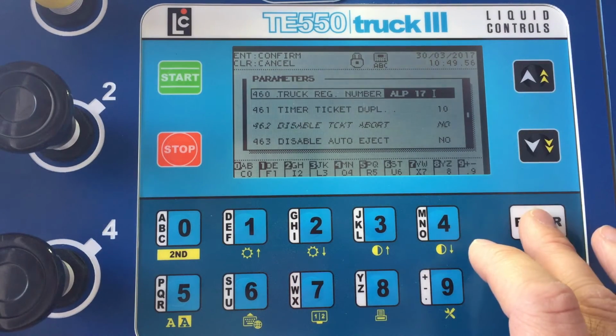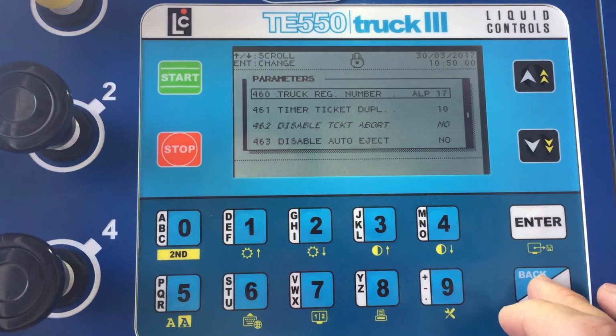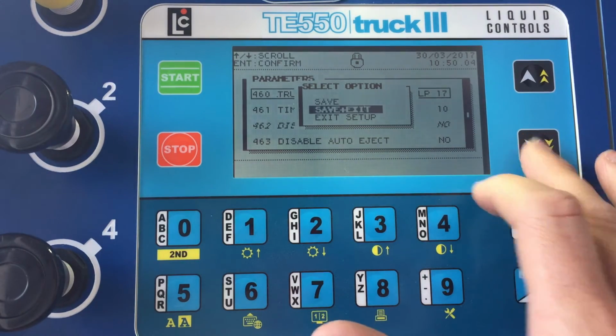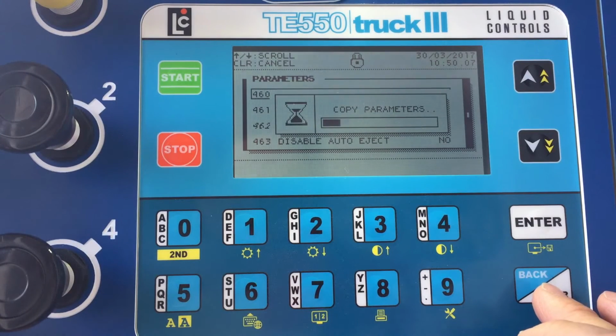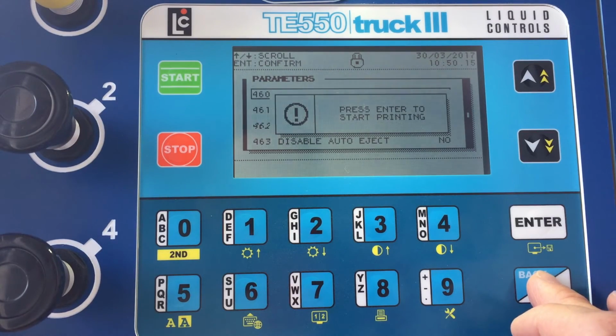Once entered, press enter, and then press clear, and then scroll down to save and exit, press enter, then press clear,